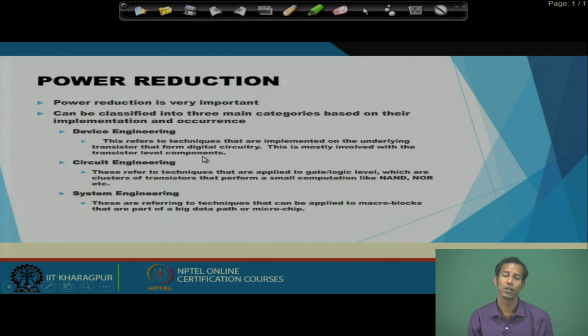Then whenever we get the information about the power consumption, we also have to think about the power reduction technique. I have already discussed that I need to design the circuit in such a way that the power consumption is lower and the device can run for a very long time, or the system design we have designed is much more beneficial to the